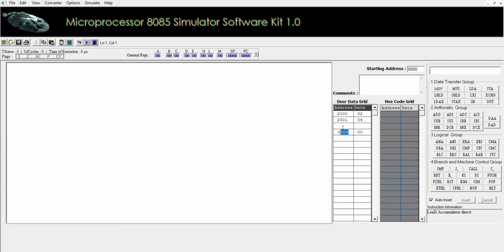And next is 2002. Here we put 00 because the result is stored in this place. The input data is stored in location 2000, 02H, and 2001, 04H. We have to add these two data and show the result in location 2002.